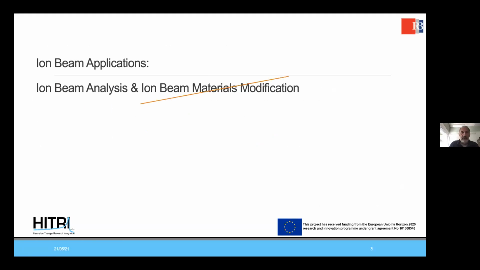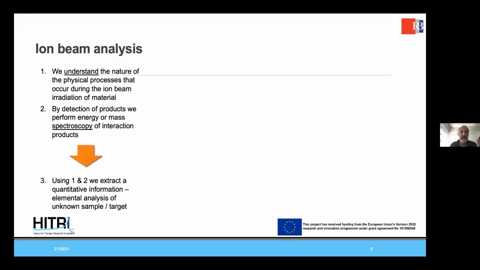So let me switch now to some of the applications that we are doing here. I will refer only to ion beam analysis, though there is a lot of ion beam modification of materials. So the basics of ion beam analysis: we have to understand the nature of the physical process. In most cases, this is very exact, because we know almost everything about the scattering,